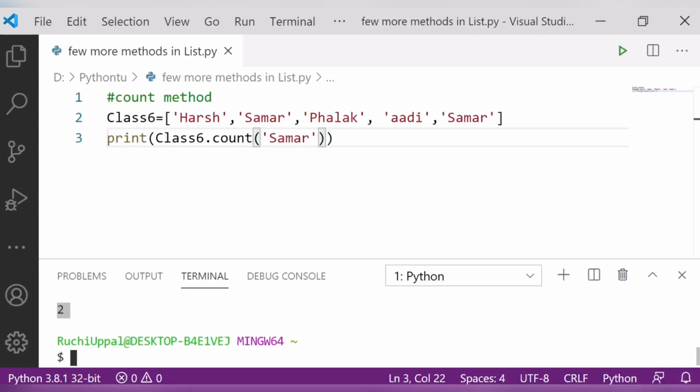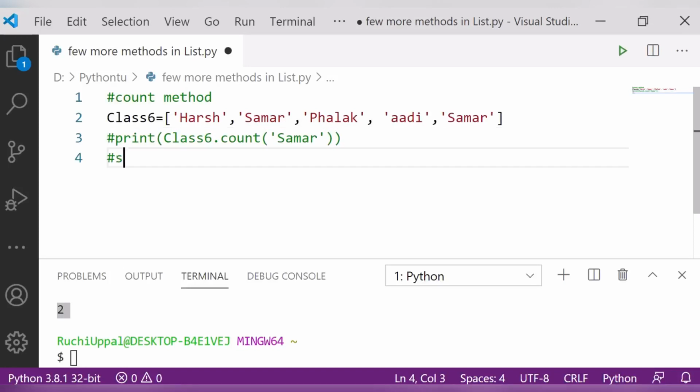Now the next is the sort method. Let me comment this out. Now we need the list, the same list. Sorting means to arrange the elements alphabetically.